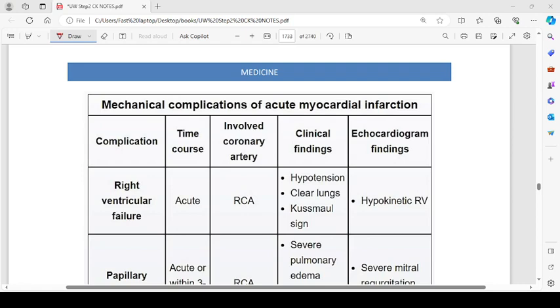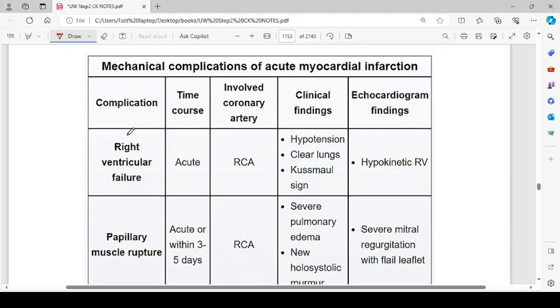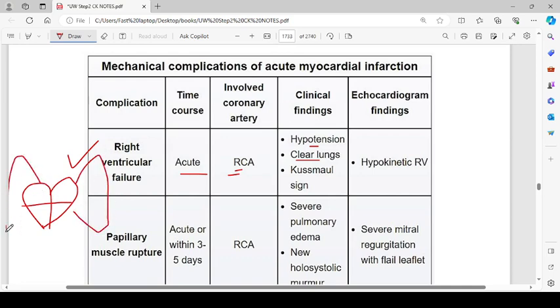So the first complication is right ventricular failure. The time course is acute. The involved coronary artery is the right coronary artery. The clinical findings will include hypotension with clear lungs, because the problem is proximal to the lungs. If I draw the heart over here like this, these are the four chambers, and the lungs are connected to the right ventricle through the pulmonary artery. If the right ventricle has failed, it is not pumping blood into the lungs. So since the problem is proximal to the lungs, the lungs will be clear, and there will be